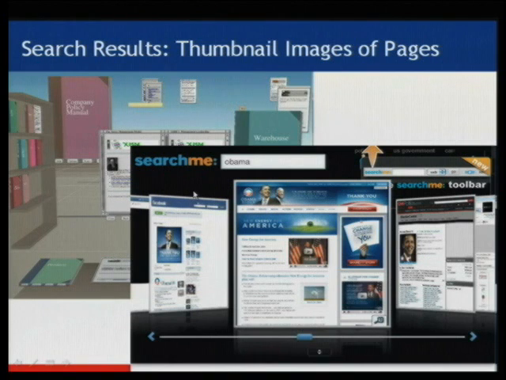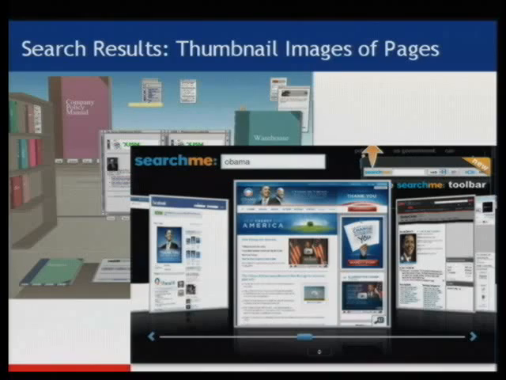Although there was an interesting argument in the VC. One of the VCs said that for people browsing the web on their TV screens, this might be a better view because you won't be able to see the text very well. So I thought that was an interesting thought. So I think the jury's out on visual views of web pages. But on the other hand, of course, the page hasn't been designed to be seen from afar. It's designed to be seen at reading distance. So it's not really clear if this is the right way to go, except for maybe browser history to recognize pages you've already visited.